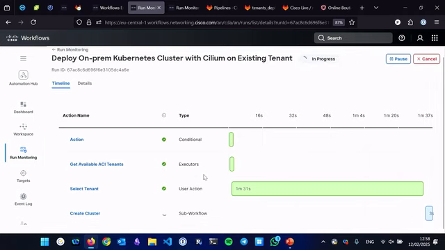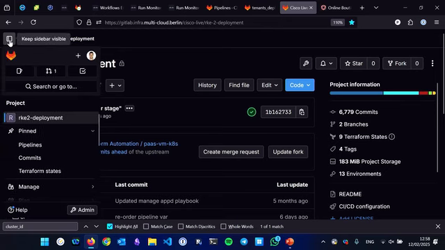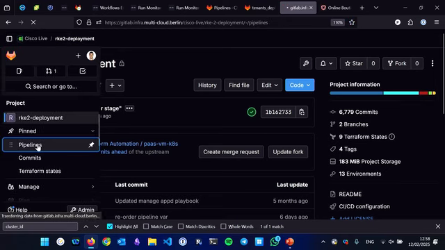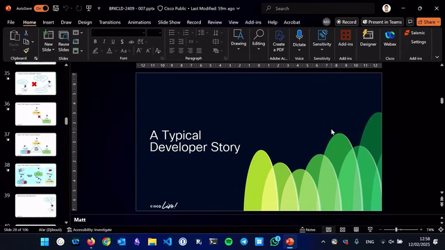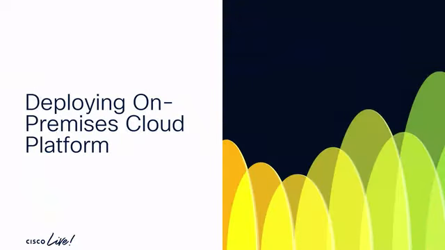We are deploying another cluster. And again, if we want, we can go to workflows. There is another piece of infra as code that is deploying this in the background. See, this was just triggered a second ago by me from workflows. And with that, let's go back to the slides. Thank you very much.